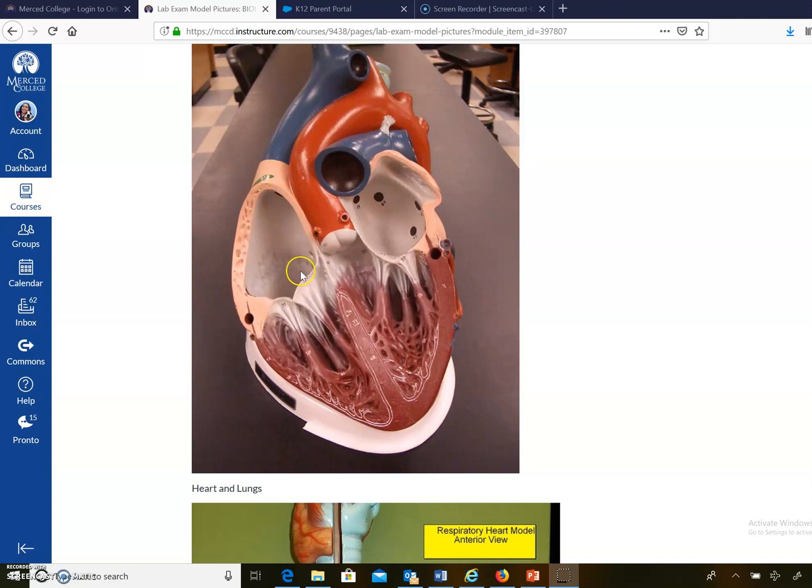The atrioventricular node is down between, obviously, the atrium and the ventricle, and it resides over here near the right atrium. The atrioventricular node is responsible for basically boosting the signal from the sinoatrial node. So the signal is going to spread from the sinoatrial node down through the right atrium across to the left atrium. All right, and then spread down to the atrioventricular node, which then starts descending down through the bundle of